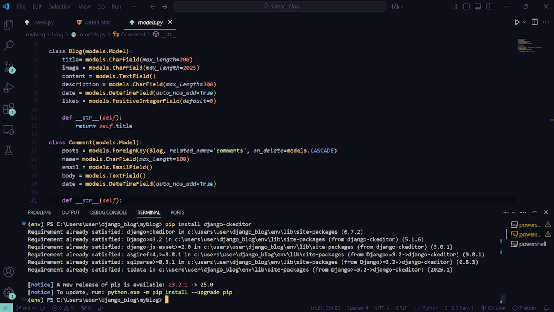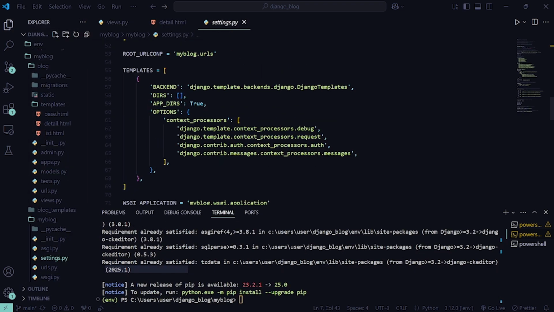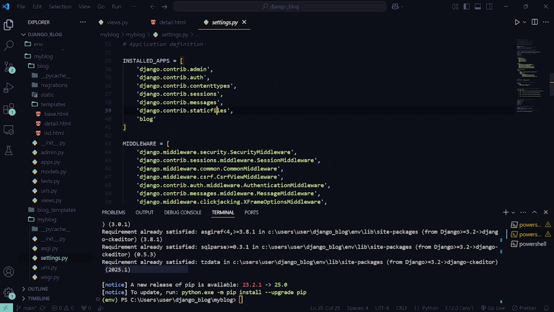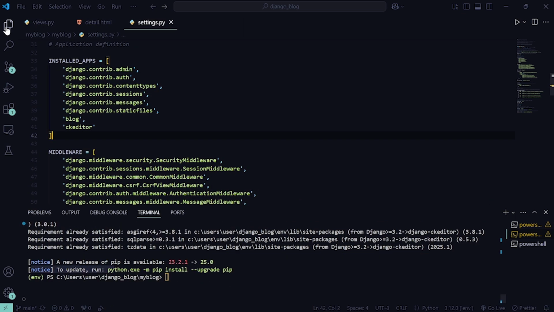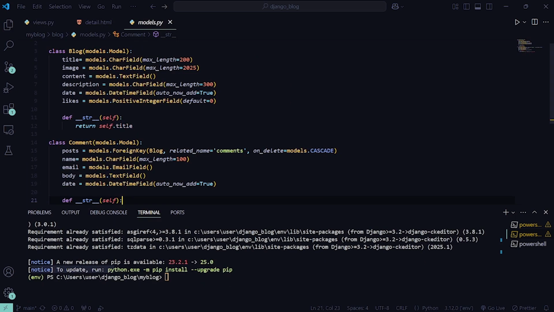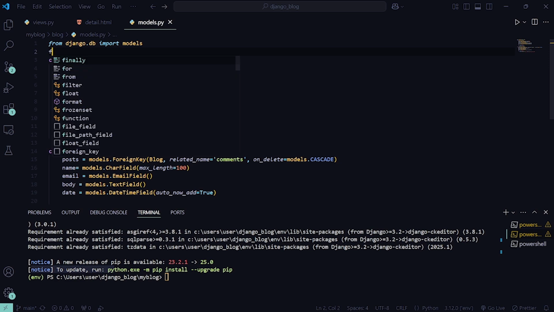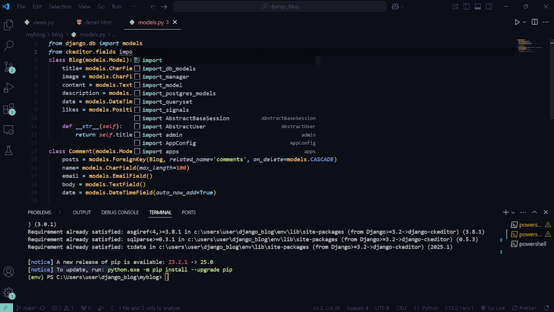I've currently installed Django CKEditor. Because I've installed it before, that's why it's telling me requirements already satisfied. Anytime we install an app, I said that you register the app in our installed apps here in settings.py. So I'm just going to pass in ckeditor like this, save it, then go back to my models.py. In my models.py, first I'll say from ckeditor.fields import